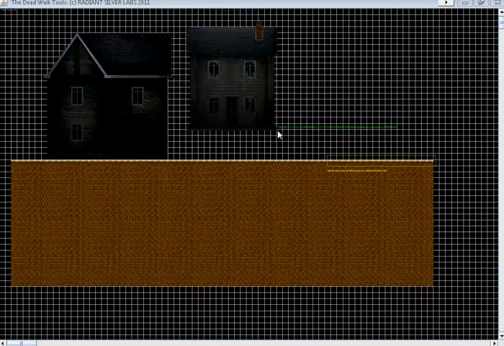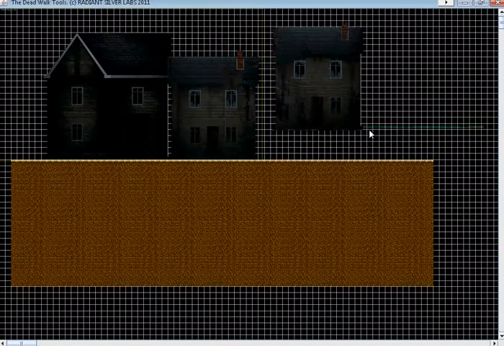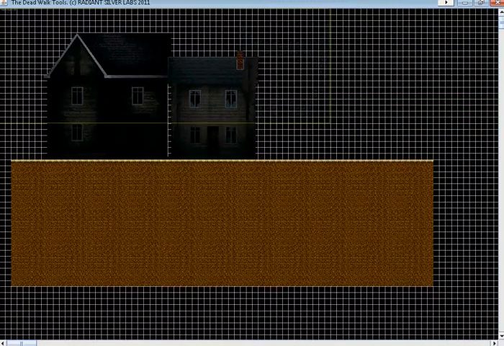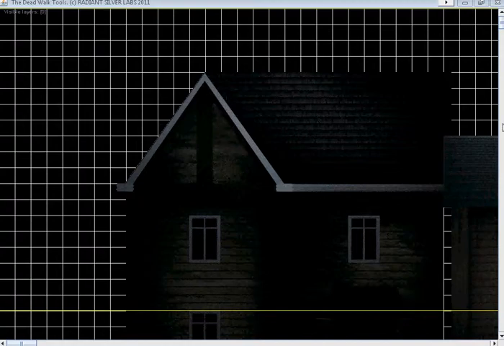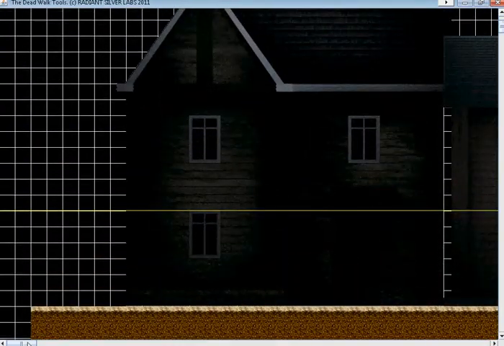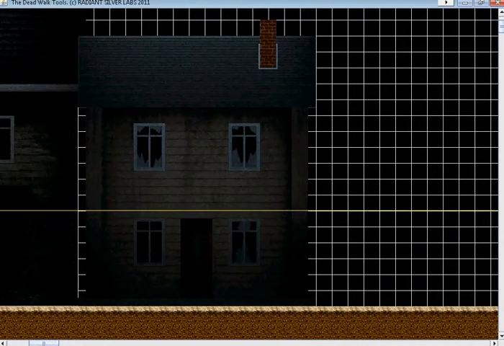I select them all. And now I have Farhouse 2. So I place Farhouse 2 like that. That looks okay. Right click to get rid of that. I go to scale to exact size so we can check and see what it looks like. So Farhouse 2 looks pretty much perfect, although there is